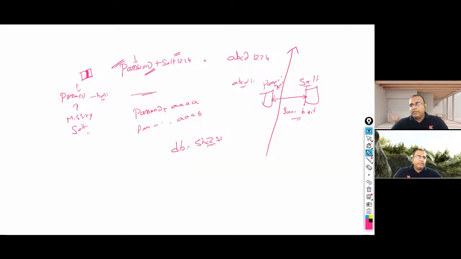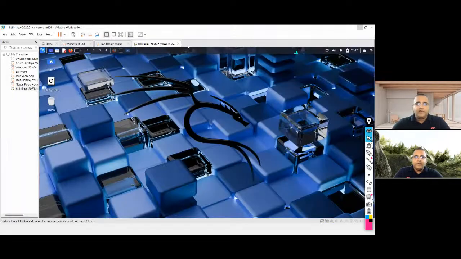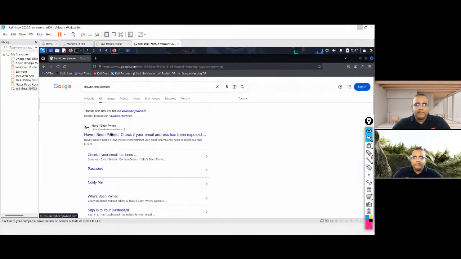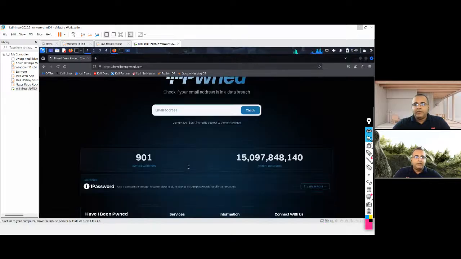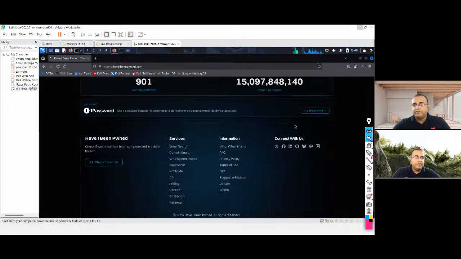You can check it out. For instance, if you go to this website and put in your email ID or anything, if it has been hacked, it will show you. See here, it has a database from 901 hacked websites. This is the number of accounts that have been compromised.